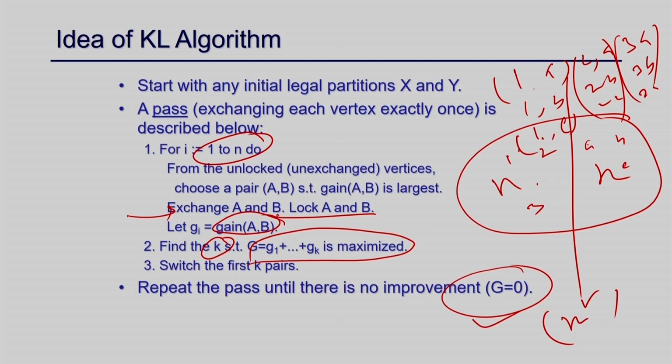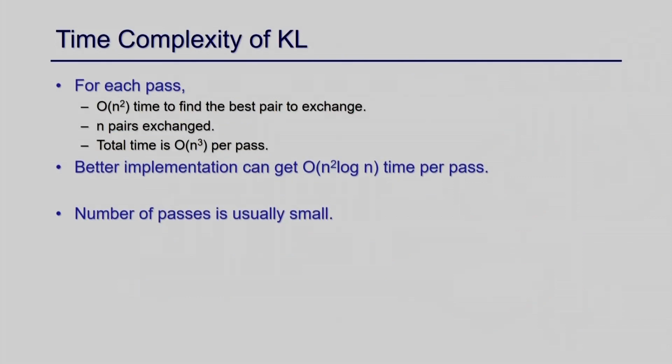It does bisection or bipartitioning by swapping these two nodes. This is just one approach. There may be various approaches and various kinds of techniques. As I discussed here, the complexity will be n square compared to n to the power n, and for a better implementation you can have n square log n. So this is also one way of doing the bipartitioning, and as I mentioned, there are various approaches; I am not going to cover all of them.